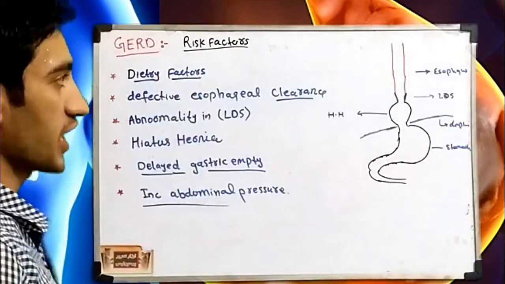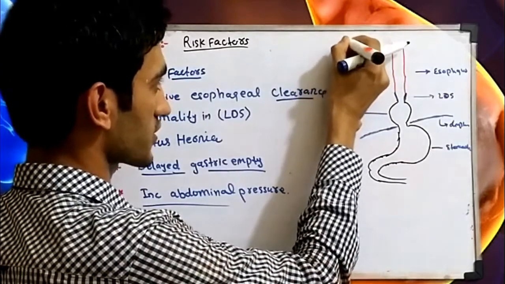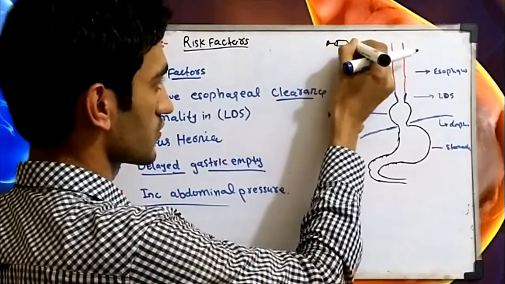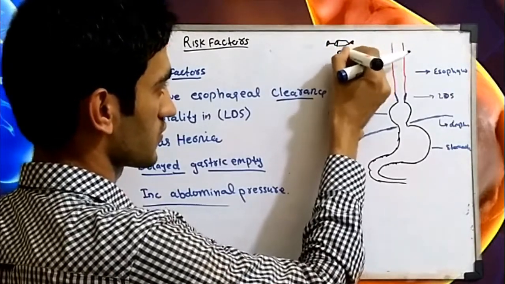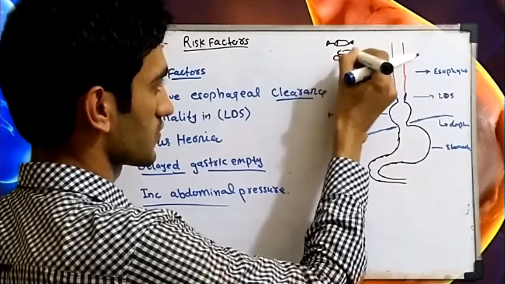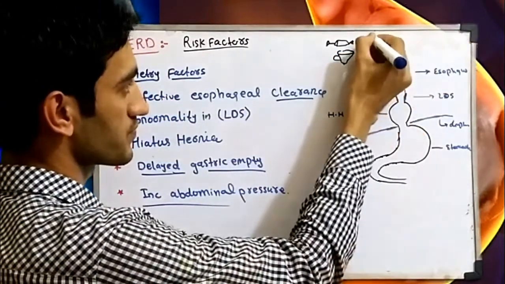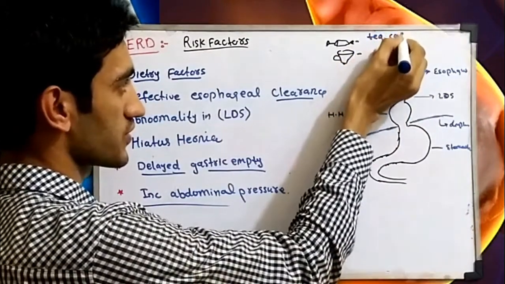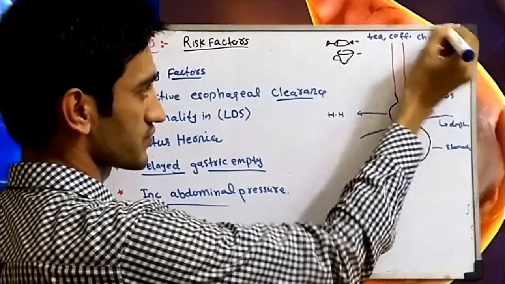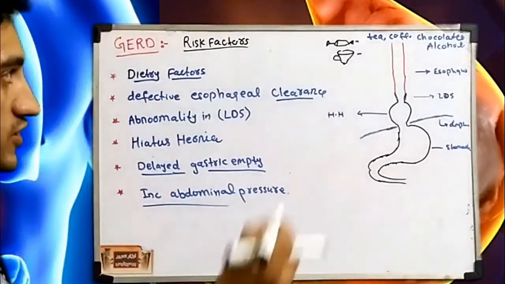First we'll talk about the dietary factors, which include chocolates, tea, coffee, and alcohol. All these dietary factors,